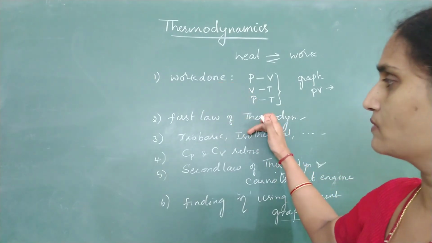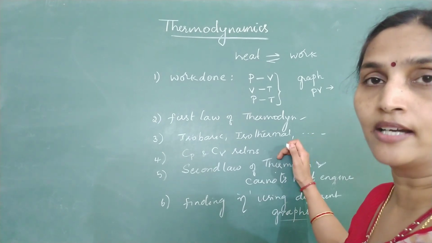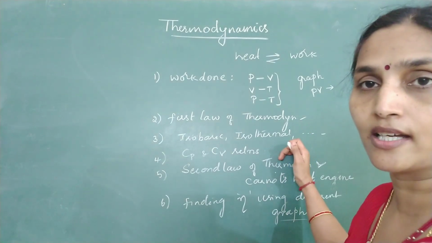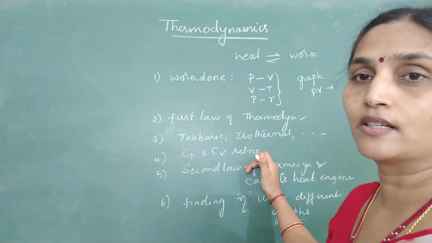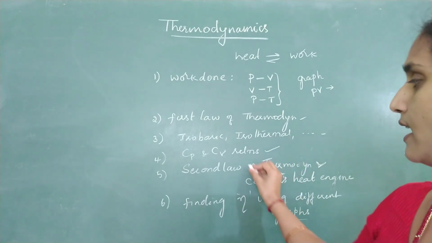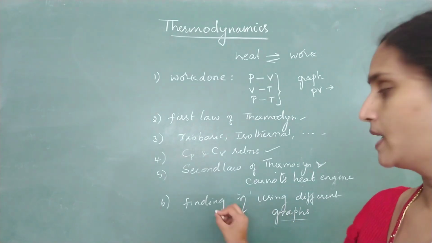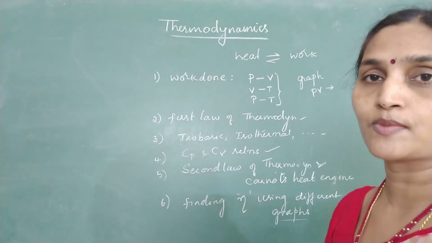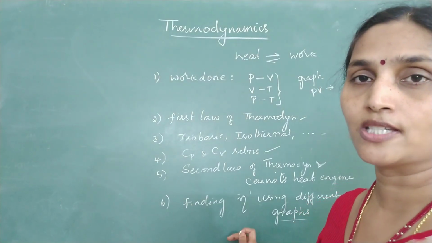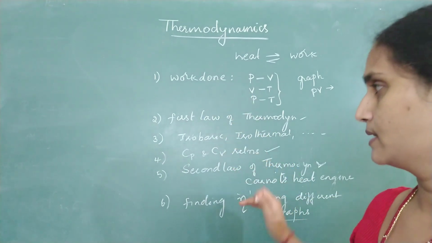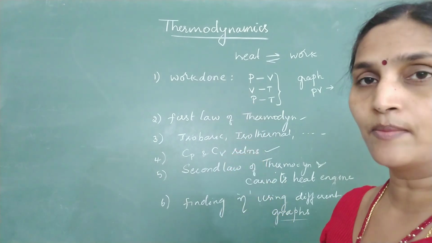Then the second set of numericals is on the first law of thermodynamics, and then different processes, a comparative study of isobaric, isothermal, adiabatic and so on. Next, the relation between Cp and Cv, and the numericals related to Cp-Cv relations. After that, first law and Carnot's heat engine, and we end the chapter by calculating efficiency for different types of graphs, like how to convert a pressure-volume graph to a volume-temperature graph and evaluate the efficiency. So these are the 6 main subtopics in this chapter where you may get numericals.